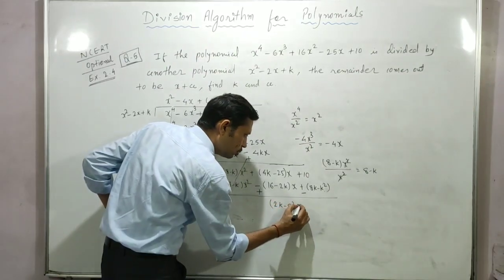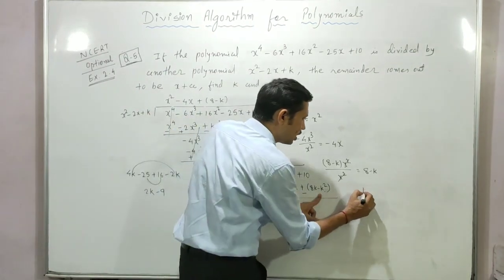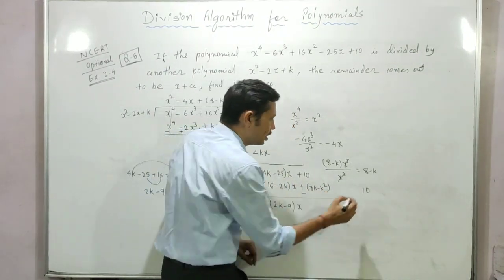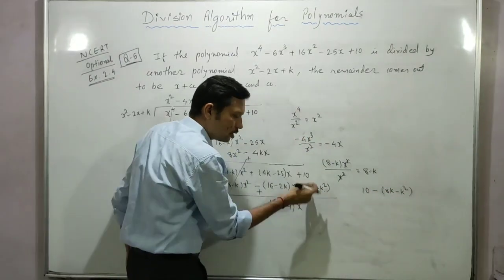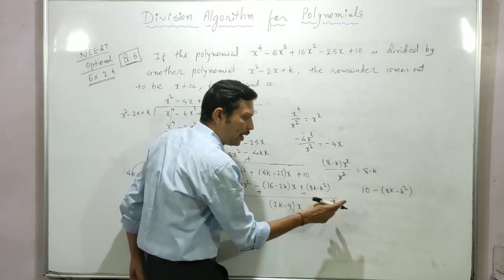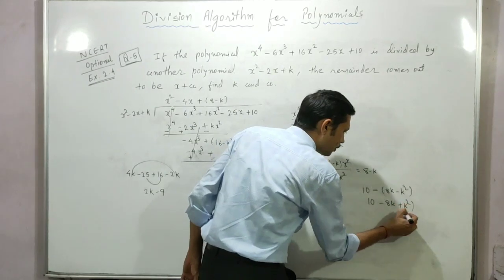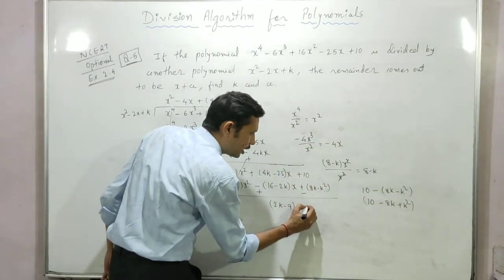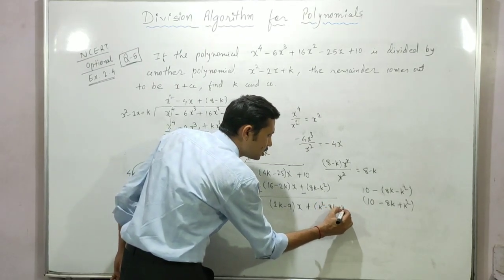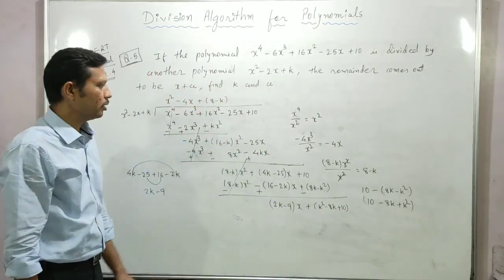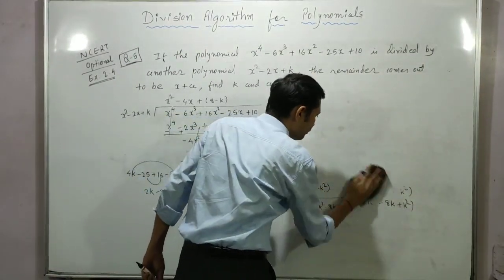सो हमारे पास रहेगा 2k माइनस 9 इंटू एक्स। अब ये 10 है और ये माइनस करके ब्रैकेट है, तो इसका भी कैलकुलेशन कर लेते हैं। 10 और माइनस करके मल्टीप्लाई करेंगे तो माइनस 8k प्लस k स्क्वायर, ऐसा कुछ बनेगा बच्चों। सो हियर आई हैव टू राइट डाउन प्लस k स्क्वायर माइनस 8k प्लस 10, सिंपल। ओके चलो, अब ये डिवीजन कंप्लीट होने के बाद हमारा लास्ट पॉइंट हम डिस्कस करेंगे।